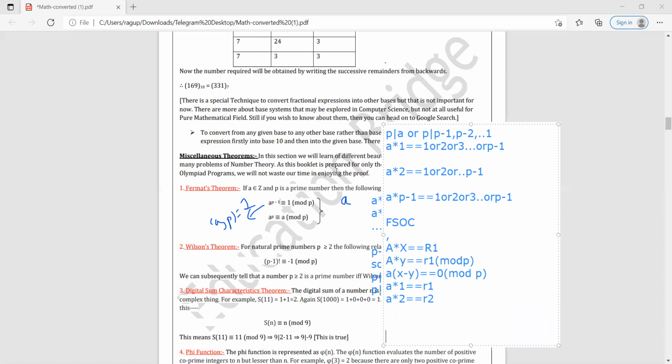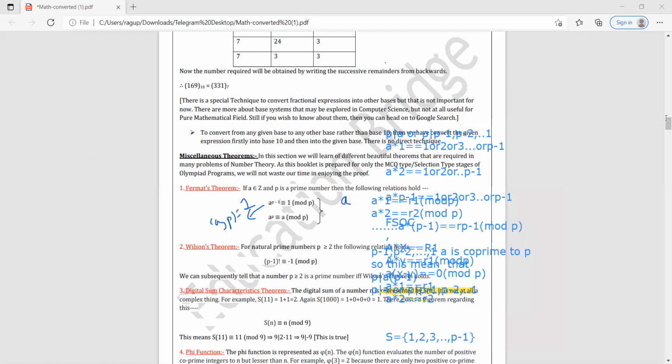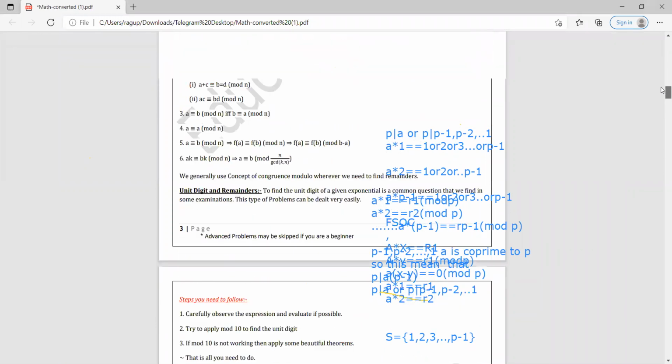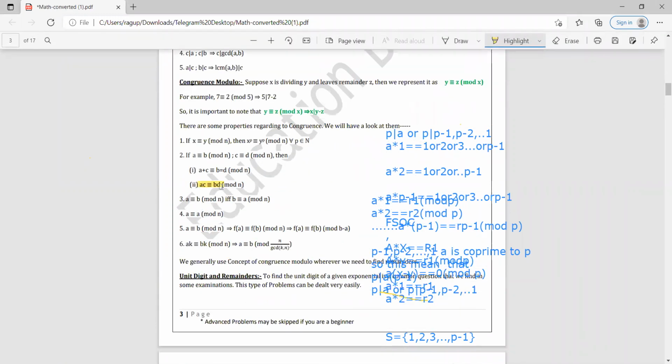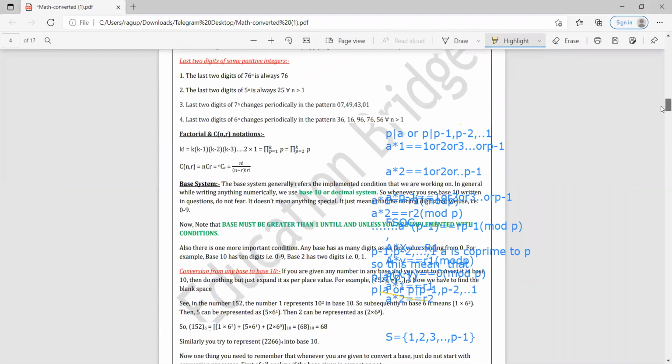And we also know that they belong to the set S, which is 1, 2, 3, up to p minus 1, where p is a prime. So if you multiply all these congruences, we'll use this property which we had used before. If you watched the previous video, you would remember that we use this property here, AC is congruent to BD mod n. So we'll use this property now also in proving Fermat's little theorem.